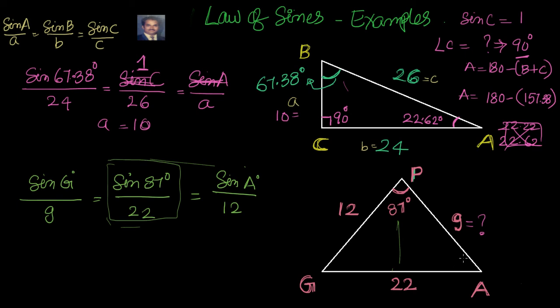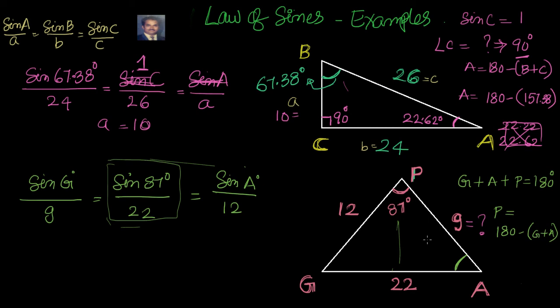My first target is to find out what is angle A. Then I can say that G plus A plus P, that's nothing but angles, equal to 180 degrees. So let me close the gap; we'll close the gap once we know A. We know that P is equal to 180 minus the sum of G plus A. We'll apply that. First let's find out what is angle A.